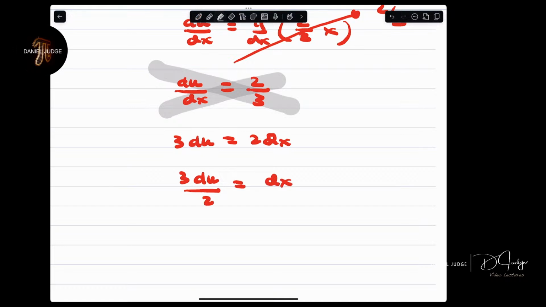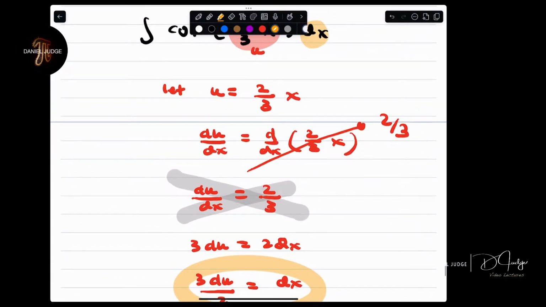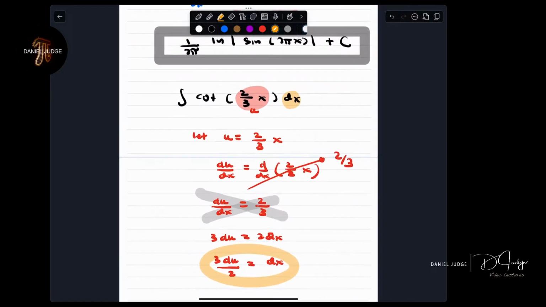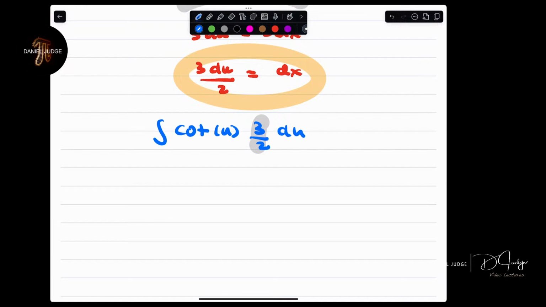So we now have the dx as well. This is just plain old u sub. Now you have the integral of cotangent u, where the dx is really 3/2 du. So just pull out your constant of 3/2, and you end up with 3/2 integral